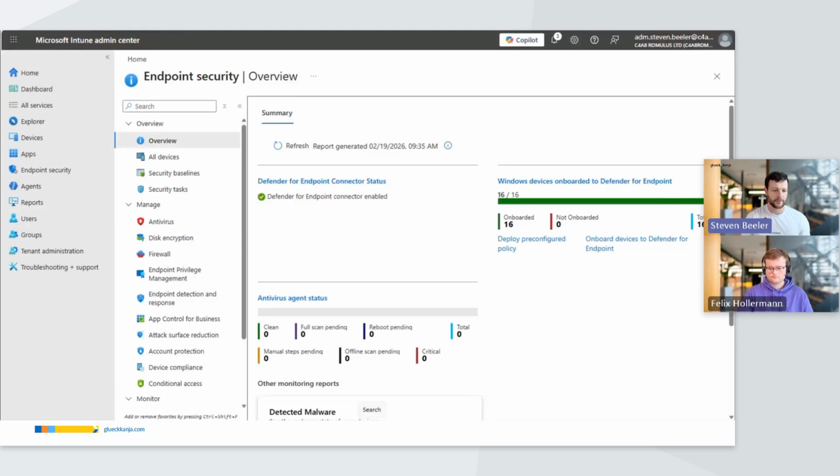So we're here in endpoint security. We switch into the endpoint privilege management blade and create a policy. As you can see, you only have Windows, and then we choose an elevation rules policy. You give it a name, and in this case, we are doing this for Notepad++, so we are going to use the certificate to create this rule. So you give the rule a name,